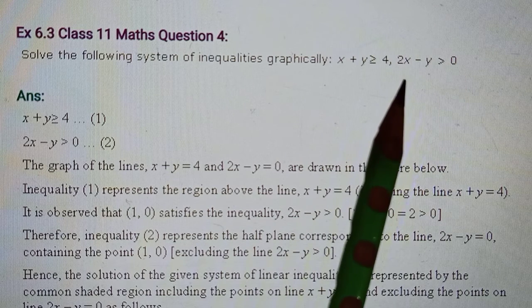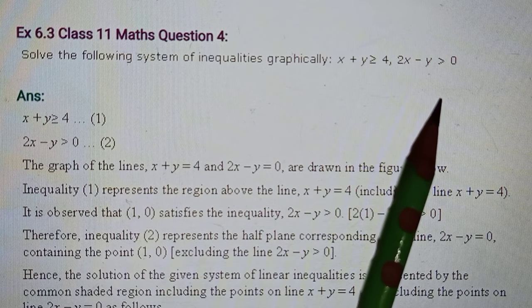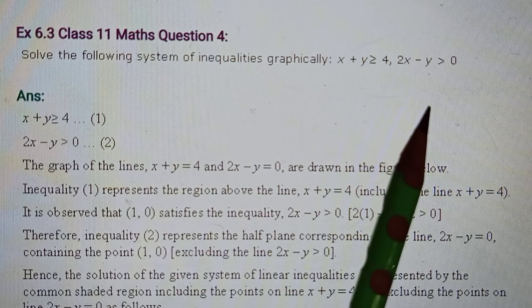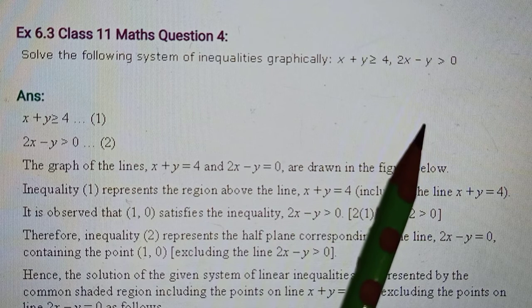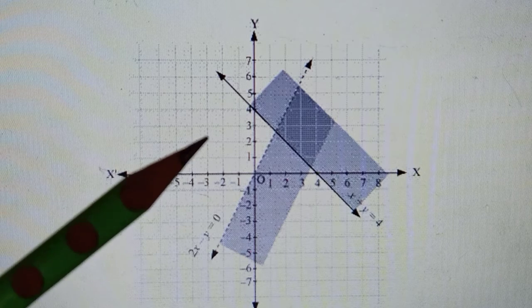Now here we'll have to change our approach a little, because this would be a line already passing through origin. So origin will not be a solution anyhow, and it will not even make the condition clear, because the origin itself lies on the line. So we'll see how we have to go about it. Look at the graph now.